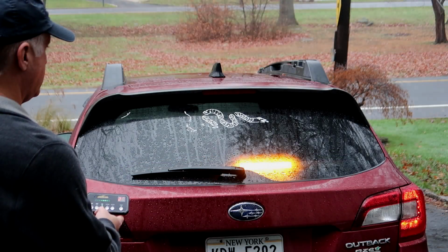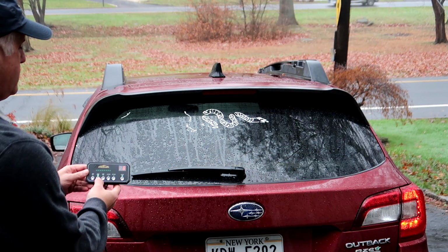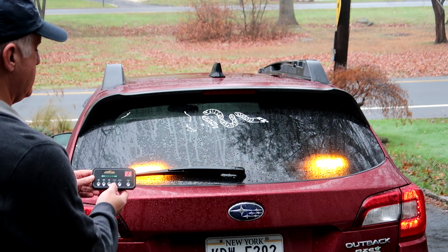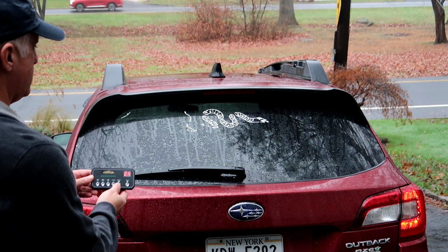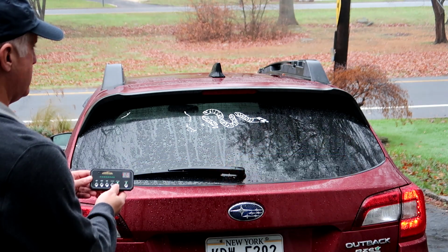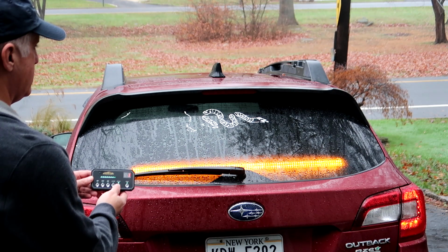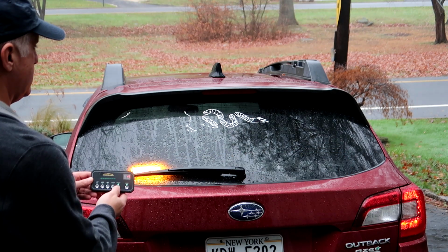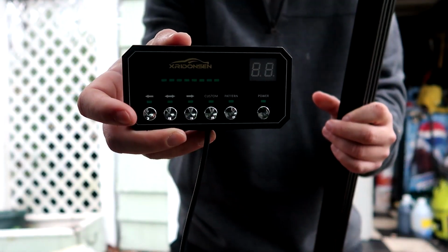So here we have a 35-inch traffic advisor light bar. This carries 144 LED amber, which is yellow strobe lights. This is for emergency, warning, flashing, safety, and it fits on the interior of the vehicle, rear windshield or windshield. It has directional arrows for construction vehicles, snowplow trucks, and it's also great for taxis, Uber, delivery drivers, whoever needs